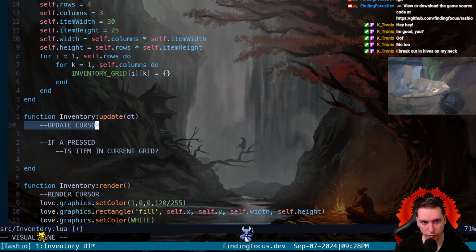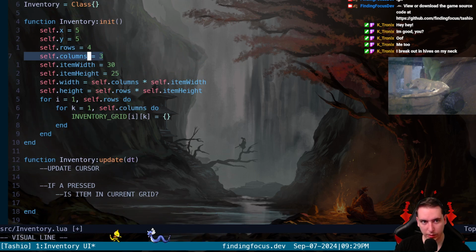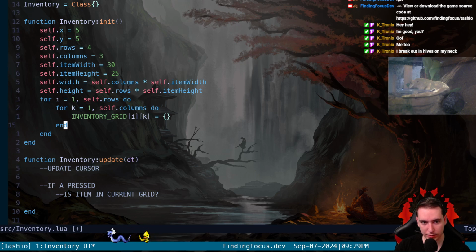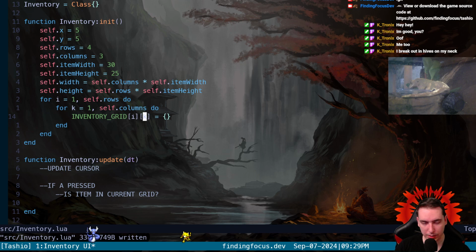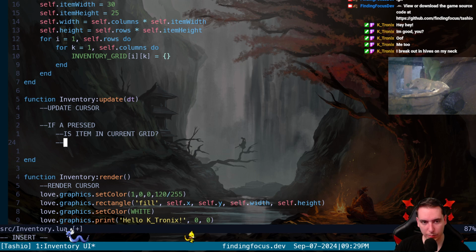So the cursor is an item that holds reference to which row and column of the grid it's targeting. Like this I and K here, it knows which grid and which row and column, and then it'll render the cursor here, and we'll say, okay, well, if there's an item in the current grid, then